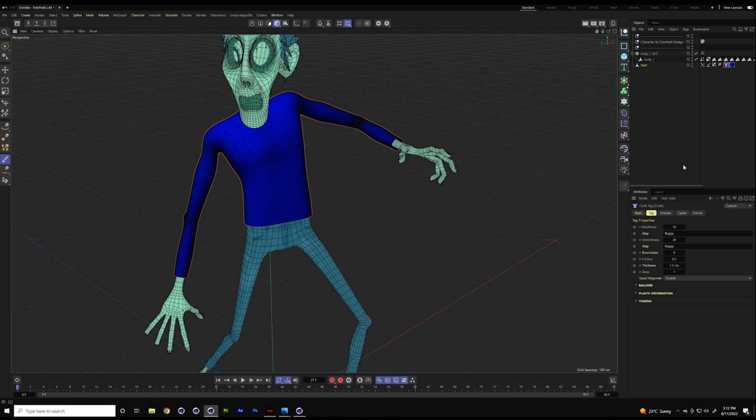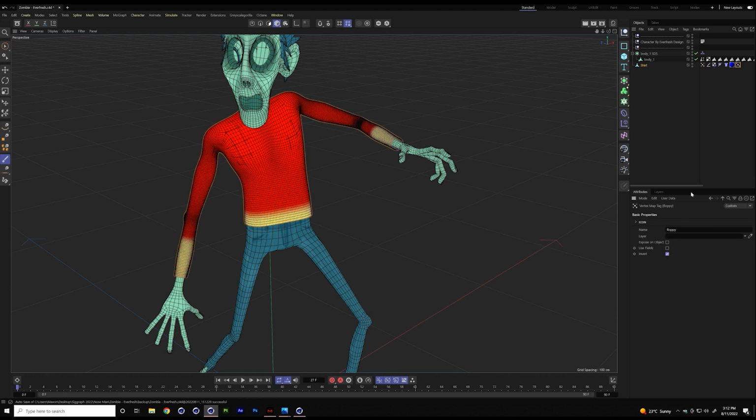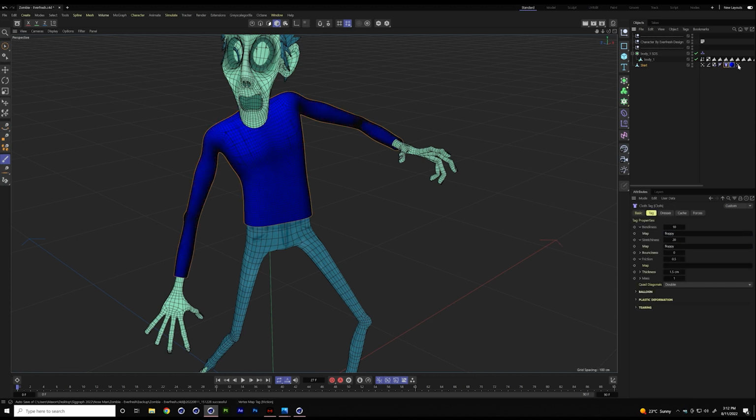So the way to circumvent that is I'm going to go to the friction, but for the friction I want the opposite. I want the maximum value to be on the sleeves and the waist. So the easiest way to do that is to make a copy of this, invert it, so it will invert the values, and call it something else. For example, friction, and go to the cloth and say I want my friction to be rather high where that value is.